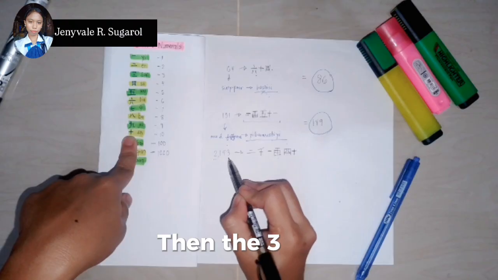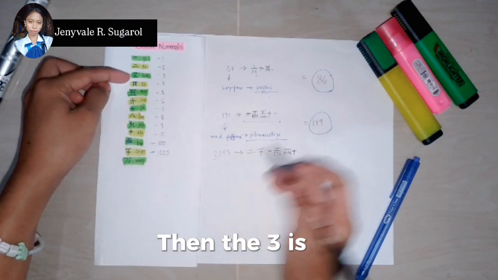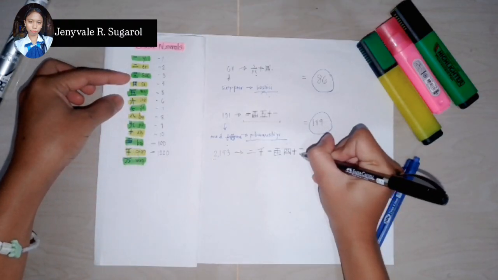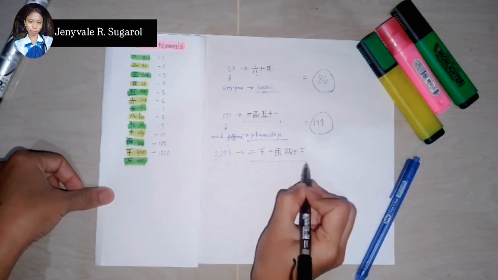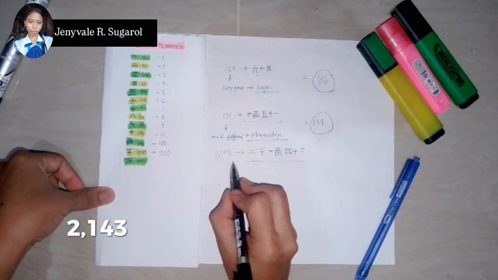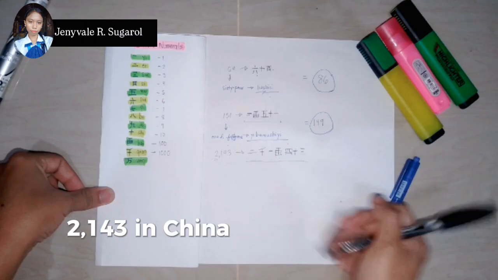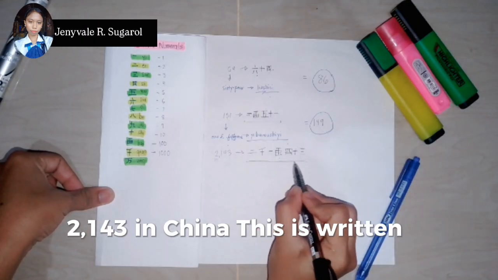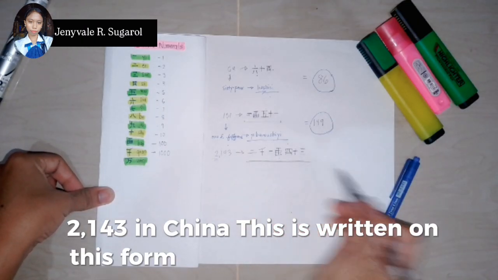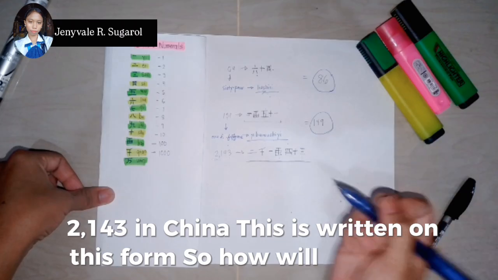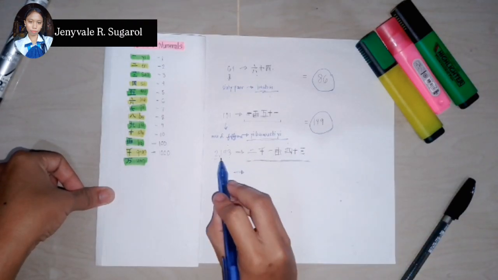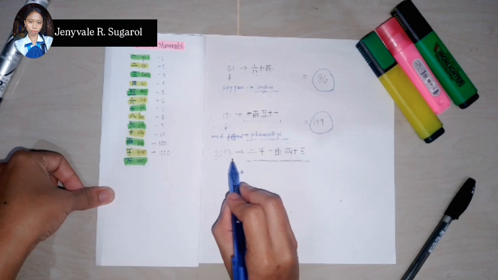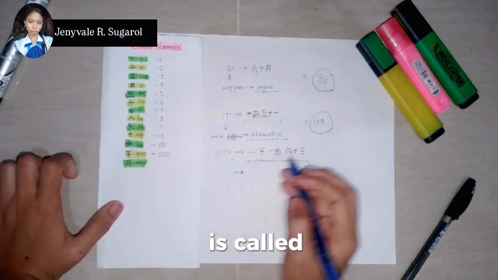Then the 3 is San. So this is the number 2,143 in China. This is written in this form. So how will we read it? 2,143 is called